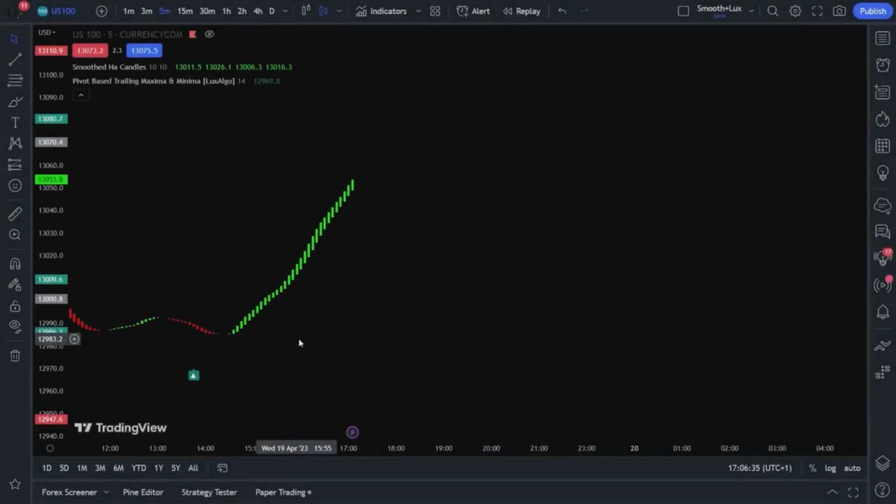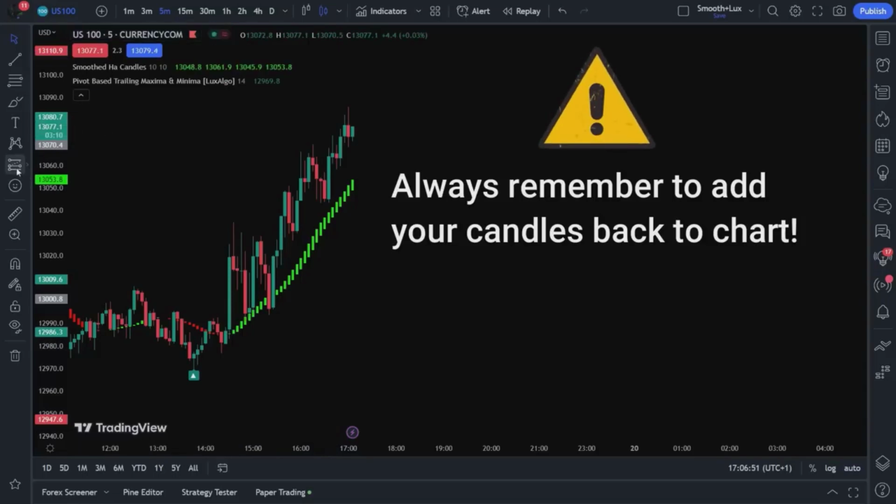Here are the entry requirements. First, the pivot-based trailing indicator must have printed a blue signal, like so. Secondly, the Smooth Heiken Ashy Candles must be green and uptrending. If no red signals have been printed before the Smooth Heiken Ashy Candles turn green, then we are okay to